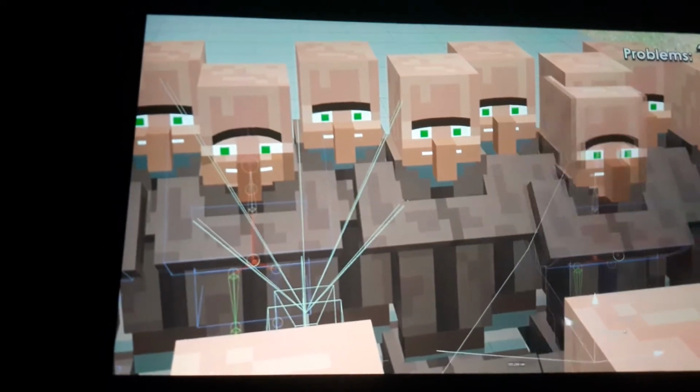Okay, so our first problem is right here. Well, what's with the boat? All right, let's slow that all the way down. So when the camera whips over to the right, you can see this villager here is actually two villagers inside each other. Also, the motion blur is an issue,